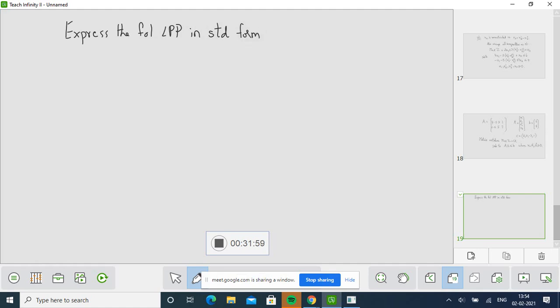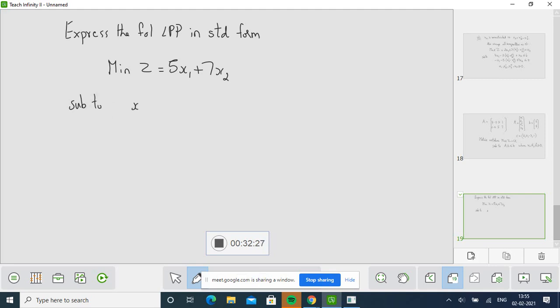Take down. Maximize z is equal to, no, we'll go for minimization. Minimize z is equal to 5x1 plus 7x2, subject to